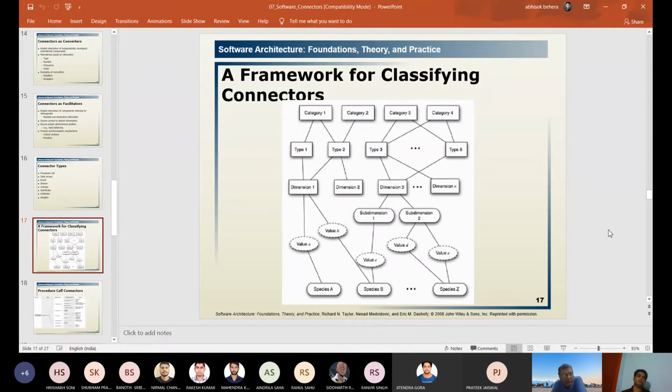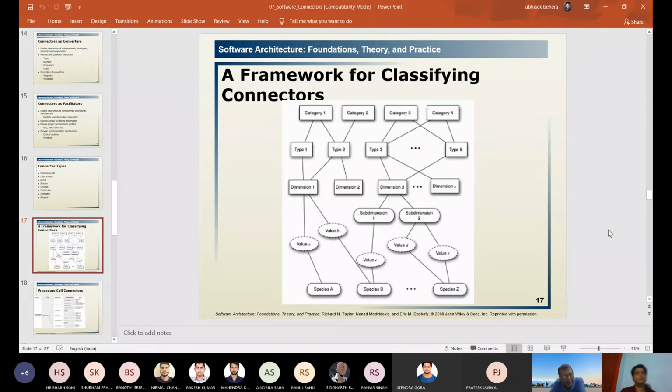So this diagram, whatever Debabhaya is showing, you have to keep this diagram in your mind all the time. How many types are there? How many dimension, subdimension, how they are categorized? This picture you have to keep it in your mind all the time. Then only you can be able to answer. Otherwise, your answer will not be explicit. Explicit means without any confusion. Your answer needs to be explicit. As the connectors are supposed to be explicit, your answers are supposed to be explicit.